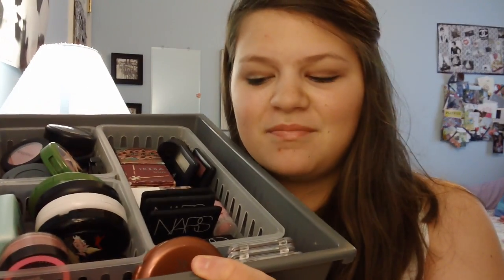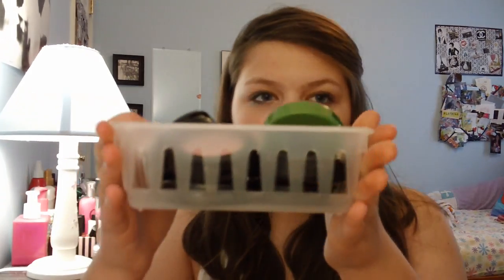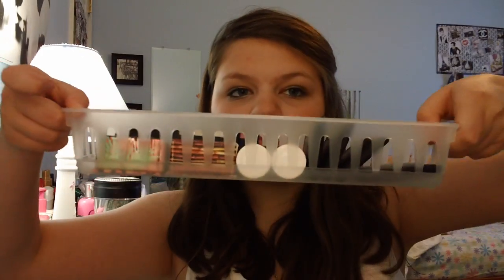So yeah, here are all of my blushes, and I keep them in one of my drawers that I have in my makeup cart thing. I've got them spaced out. I have 2 of the smaller plastic bins, and then I have 1 long one. In the front, that aren't in bins, I have 2 of the NYC blush cream sticks,